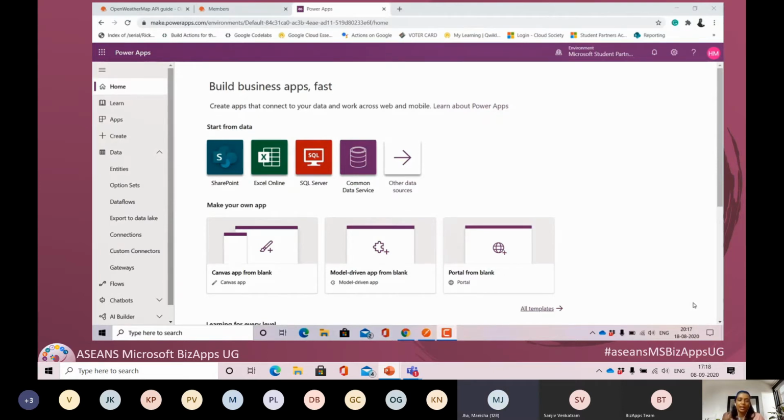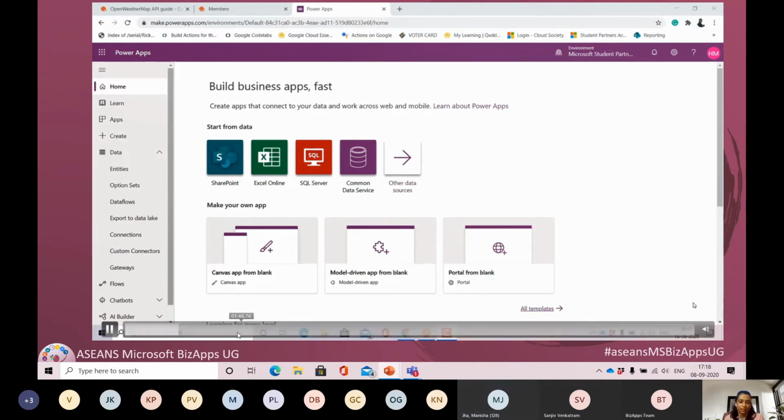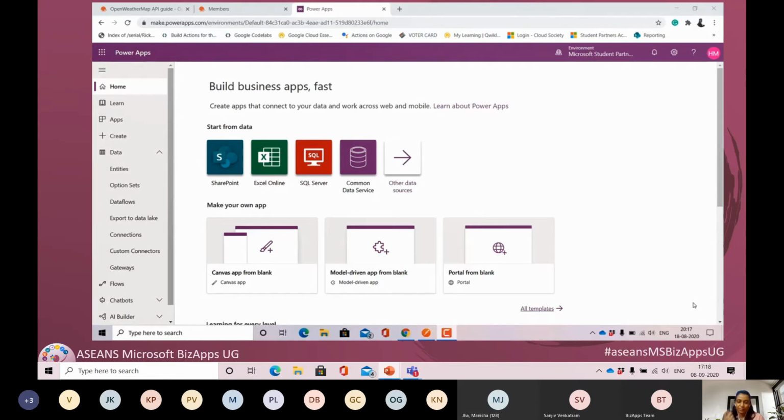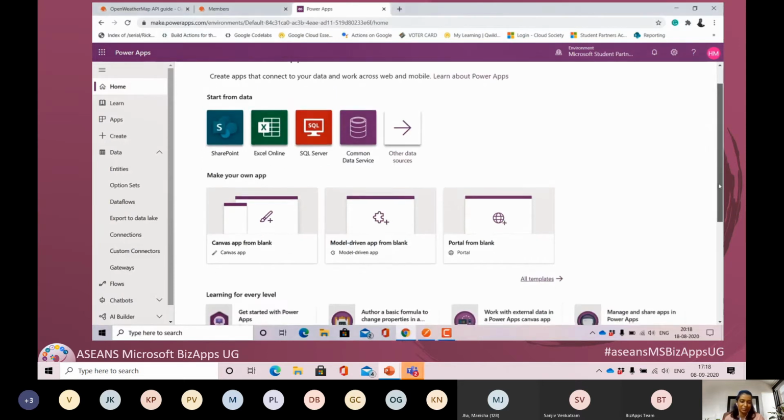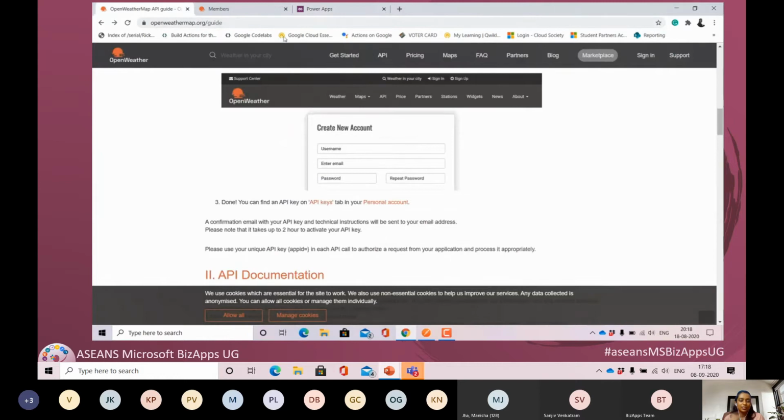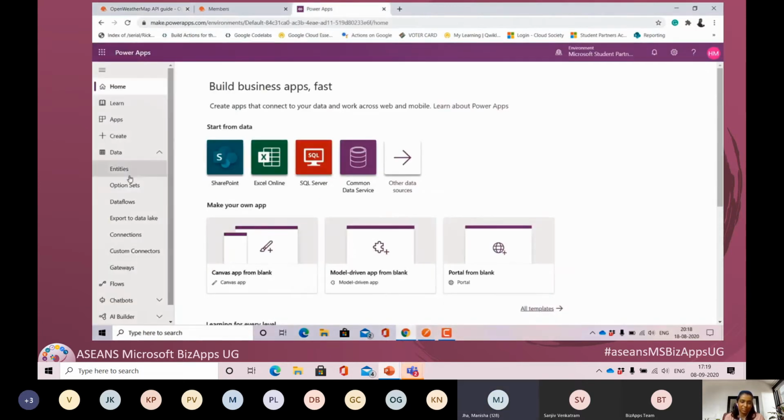This was when I came across a tutorial by April Dunham from the Powerful Devs conference, where she taught us how to use a custom connector, and I followed the steps that she mentioned. So openweathermap.org is where I took the API from. Once I signed in, I read the API documentation to see what we need. I found out that the API they provide for free gives us 60 calls per month, so I took the free subscription.